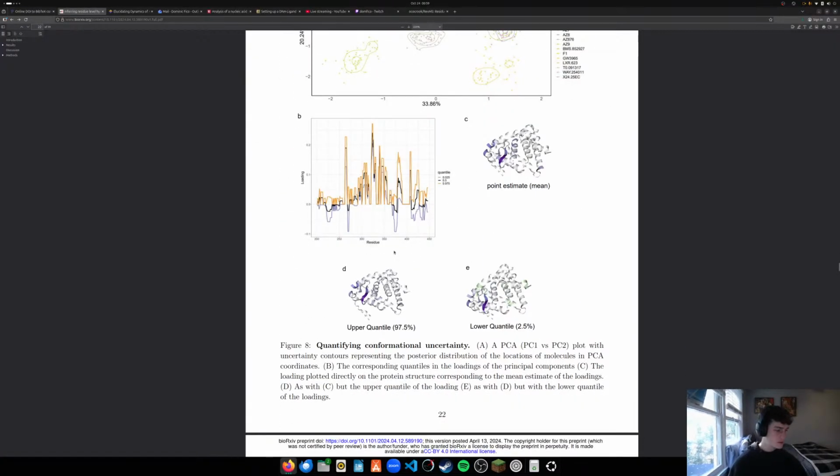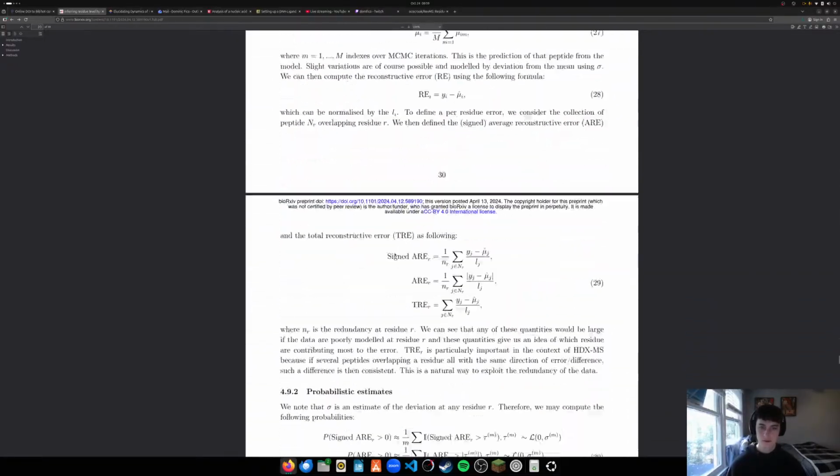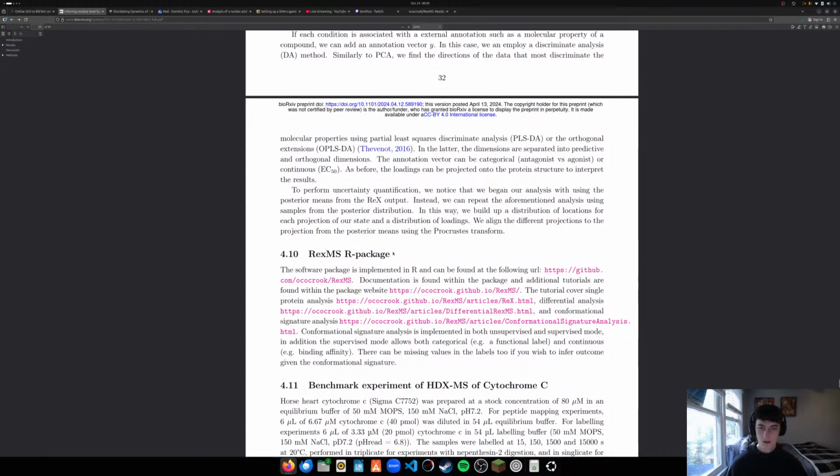It's cool that they're modeling uncertainty though. That's kind of neat. There's all the model details, which I'm probably not reading, but